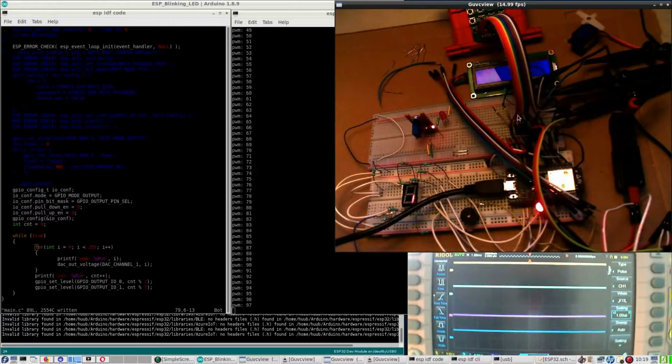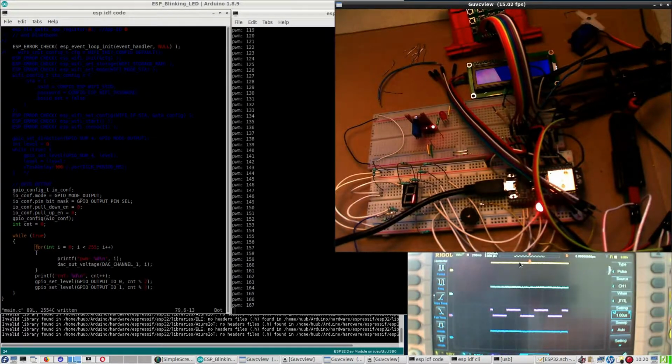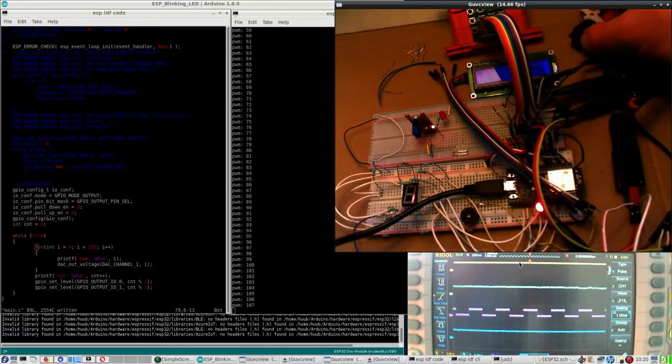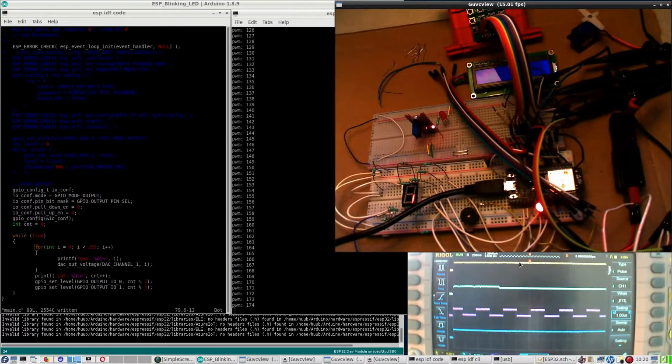It is connected. Yes, it is. By the way, the pulse width modulation is quite high. So if I change the time base to, well, now 100 milliseconds, it is all the time high, and that doesn't make very much sense. Anyway,